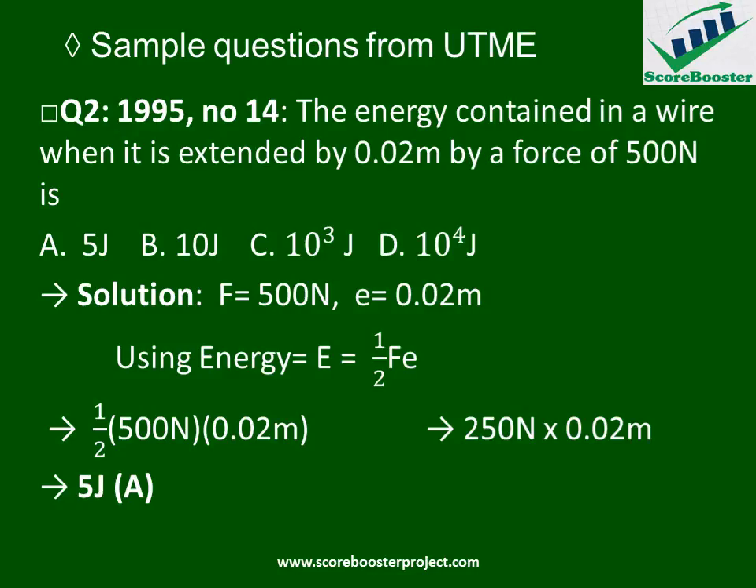Now on to solution. As usual, the first thing to write out is the given parameters, and from the question we're given the force to be 500 Newton and extension E to be 0.02 meter. Now we should recall that energy E equals half Fe. Then when we substitute for this, our energy will be equal to half into F, which is now 500 Newton, times E,